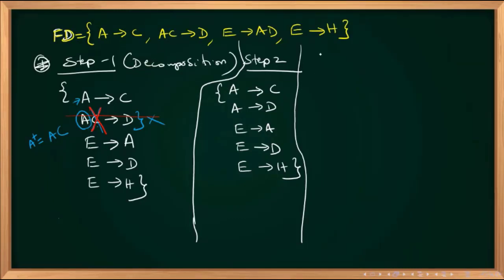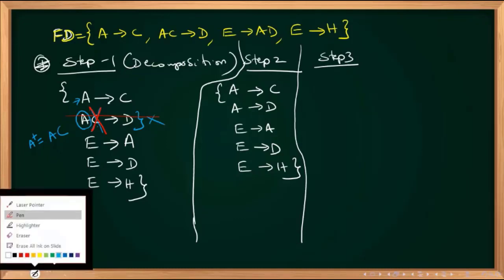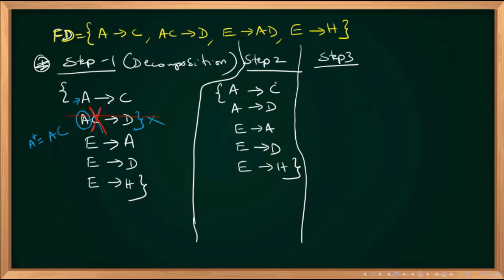Now step 3. What is step 3? Tell step 3. The unnecessary attributes from the LHS you removed. Now remove unnecessary functional dependencies. Is there anything unnecessary? You check whether anything is unnecessary or not. A to C. What way did I tell you? Two ways are there. One, you see a repetition: exact repetition of any functional dependency, remove it. Otherwise, you can apply all those rules with transitive dependency. But you can go with what I told.